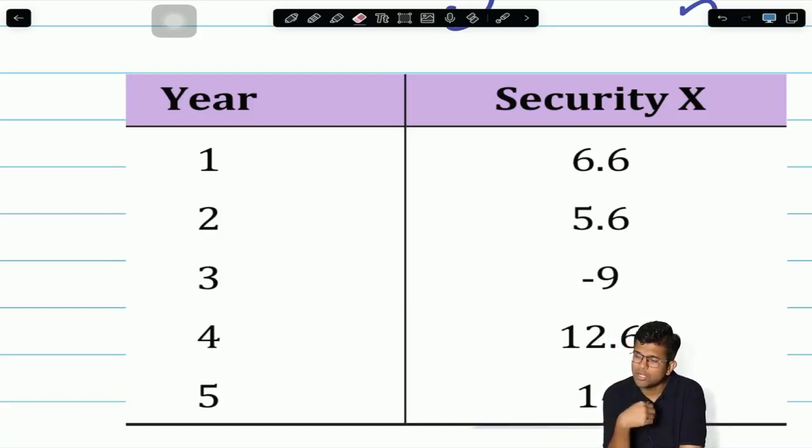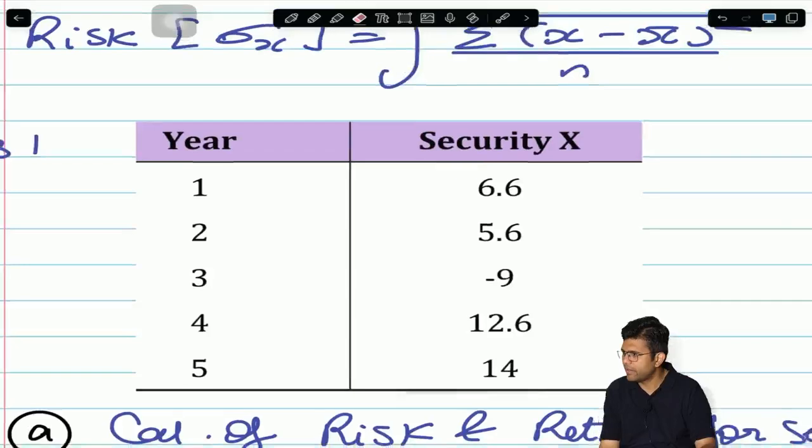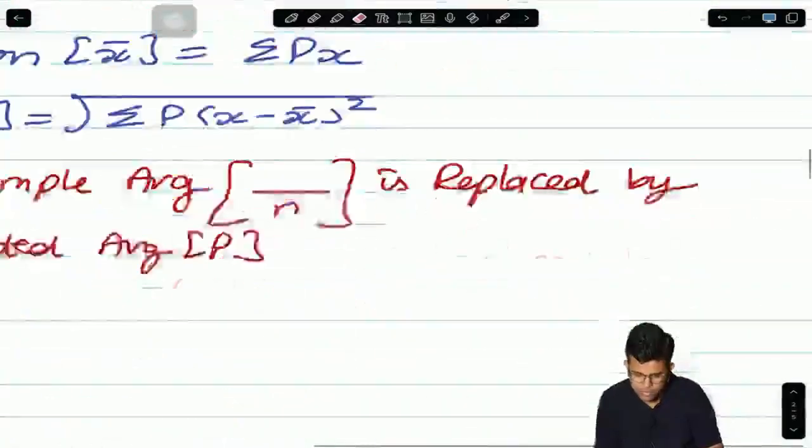Same then goes to year 2. For year 2, it will be P2 minus P1 plus D2, upon P1 into 100. Everyone clear? I think you got it. Everyone ready? All understood? So,